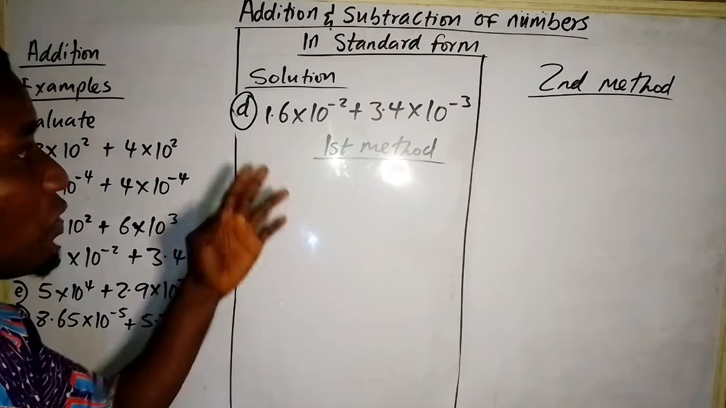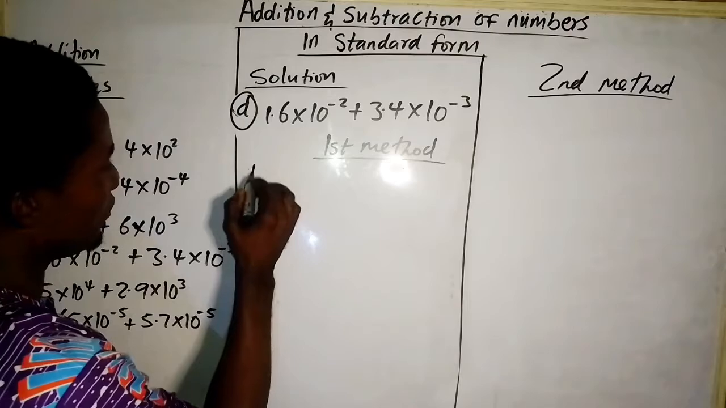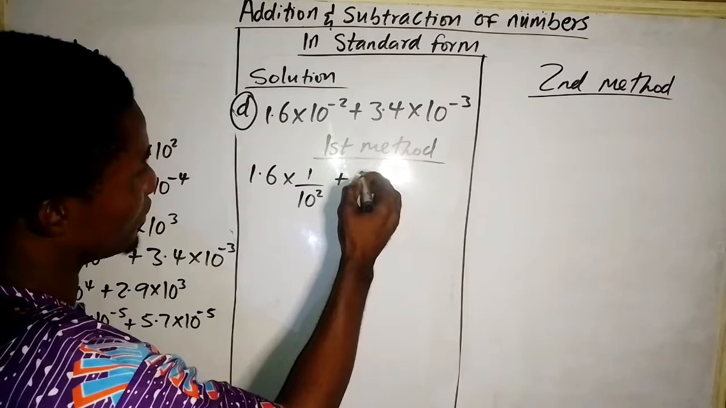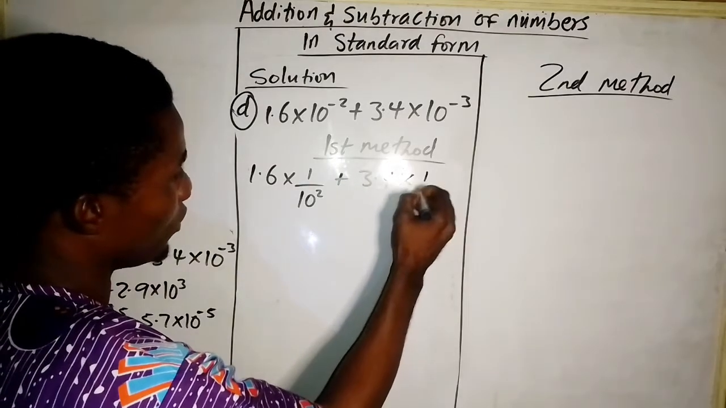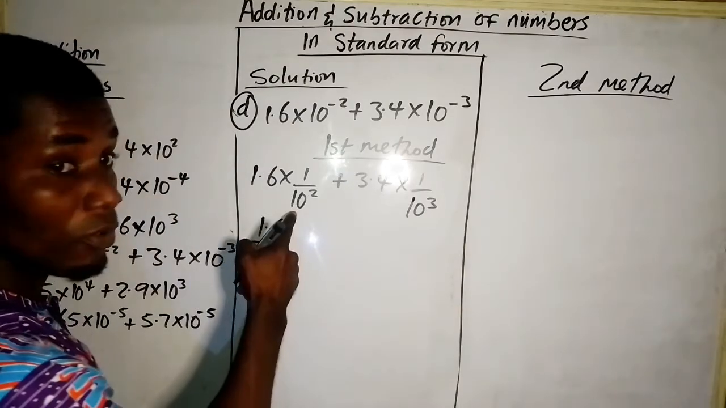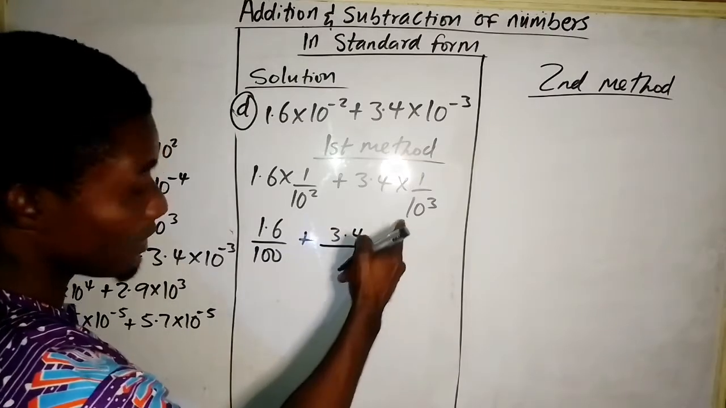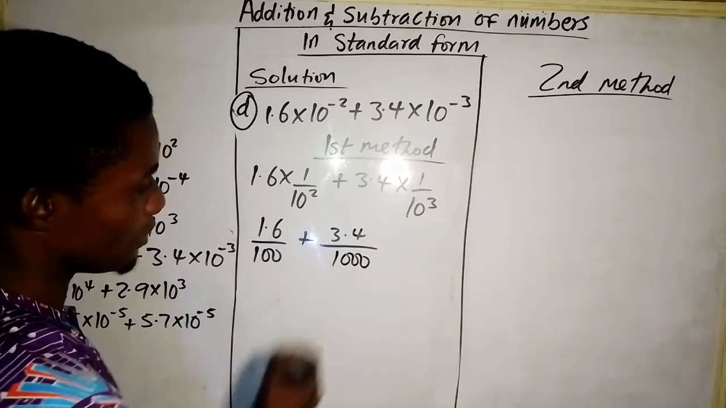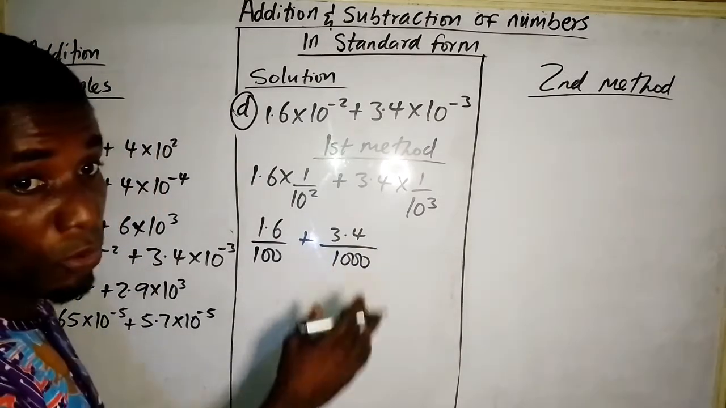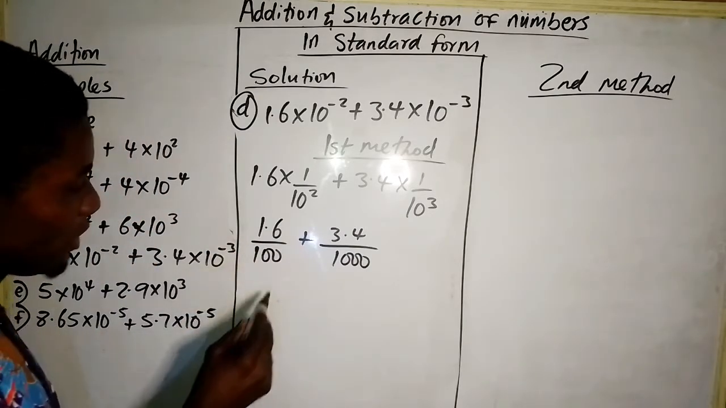The first method: we need to change this expression to an ordinary number. So we have 1.6 times 1 over 10 raised to power 2 plus 3.4 times 1 over 10 raised to power 3. So we have 1.6 divided by 10 raised to power 2, which means 100, plus 3.4 divided by 10 raised to power 3, which means 1000. Either way, you can use addition of fractions, or we change 1.6 to express it as an ordinary number, which will give us